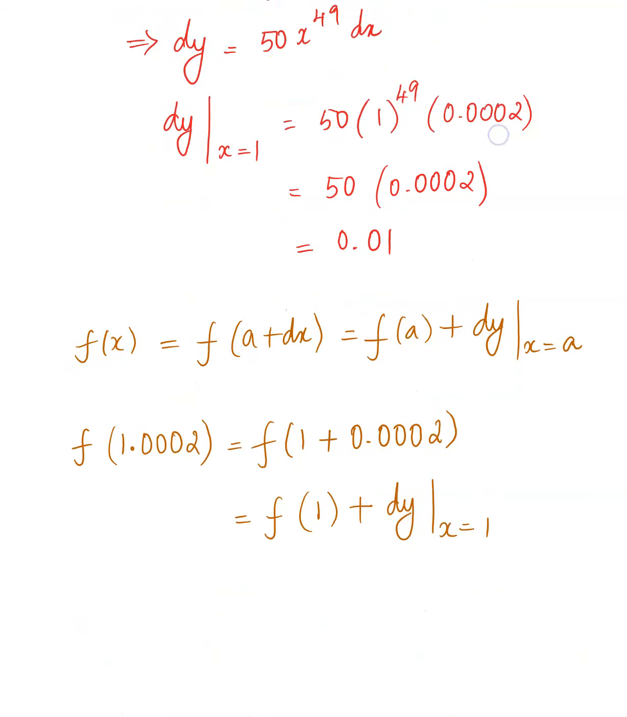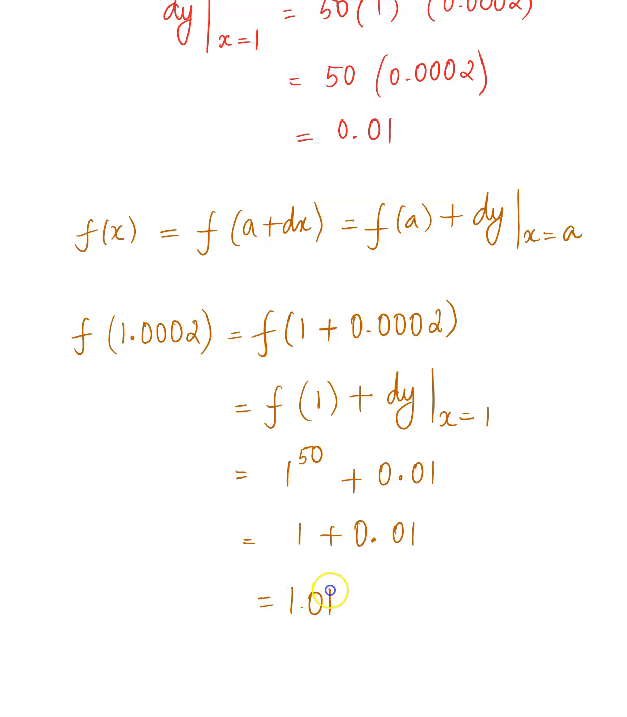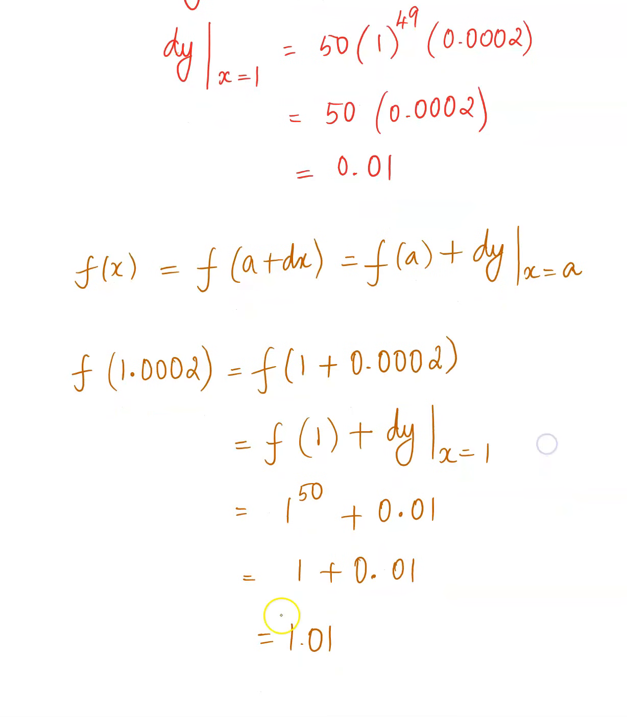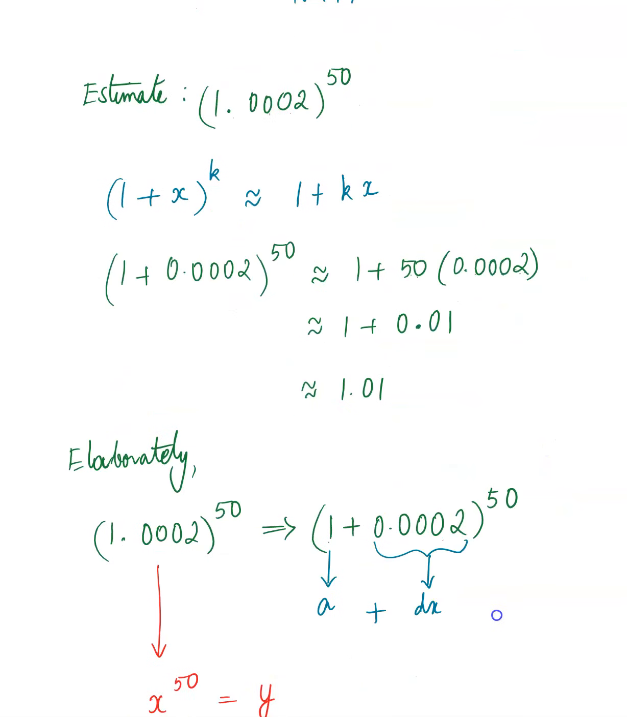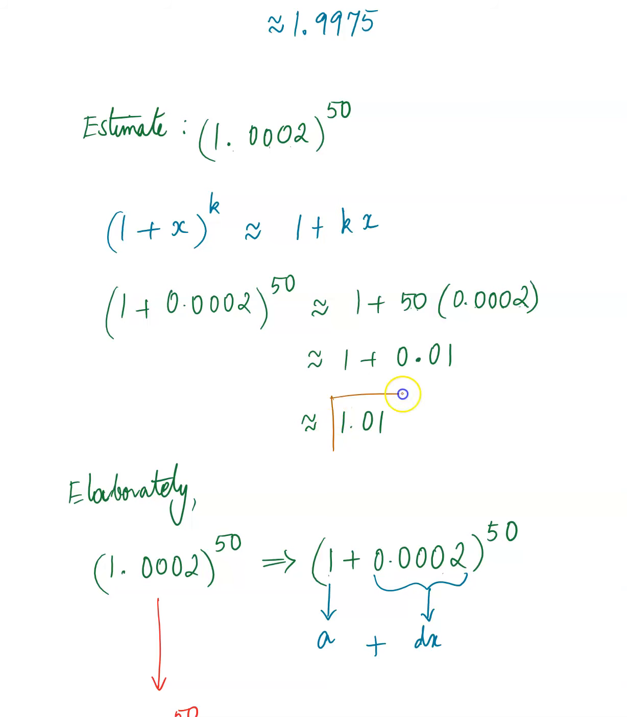So we found f of 1, and then we can just compute that here. Okay. Now f of x is x power 50, so f of 1 will be 1 power 50 plus, we just found dy at x equals 1 to be 0.01. So 1 power 50 will come back as 1. So 1 plus 0.01, which is 1.01. We get the same answer when we do the elaborate way, right? 1.01, which is what we got when we did the shortcut by seeing it as 1 plus x the whole